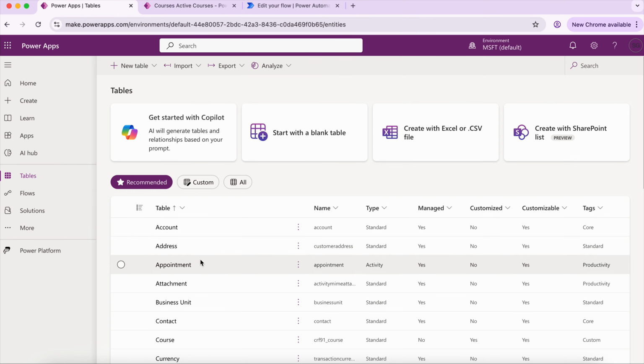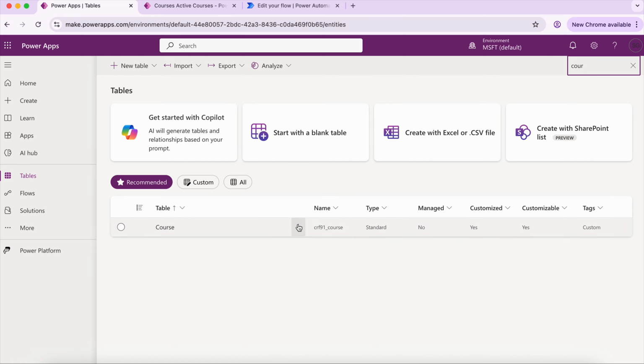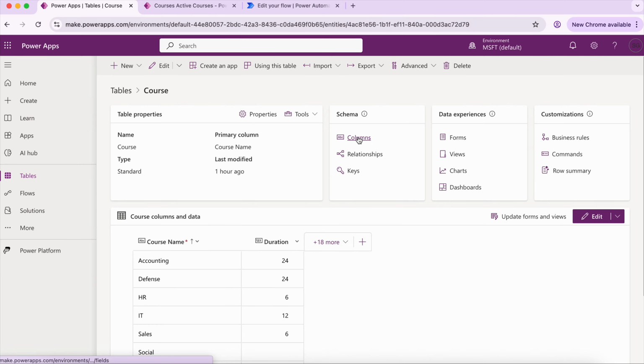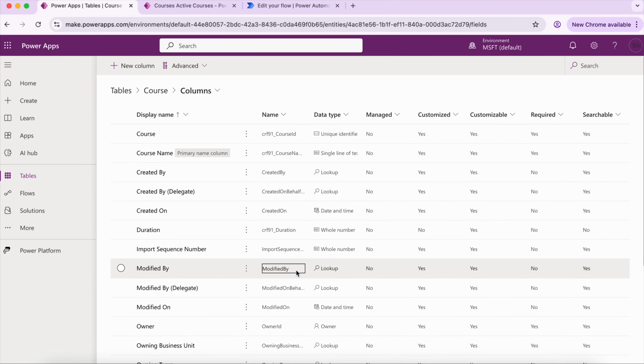Okay, so I need to go to my course table. Okay, this is my course table. Now we need to go to the columns. Okay, now in the columns,